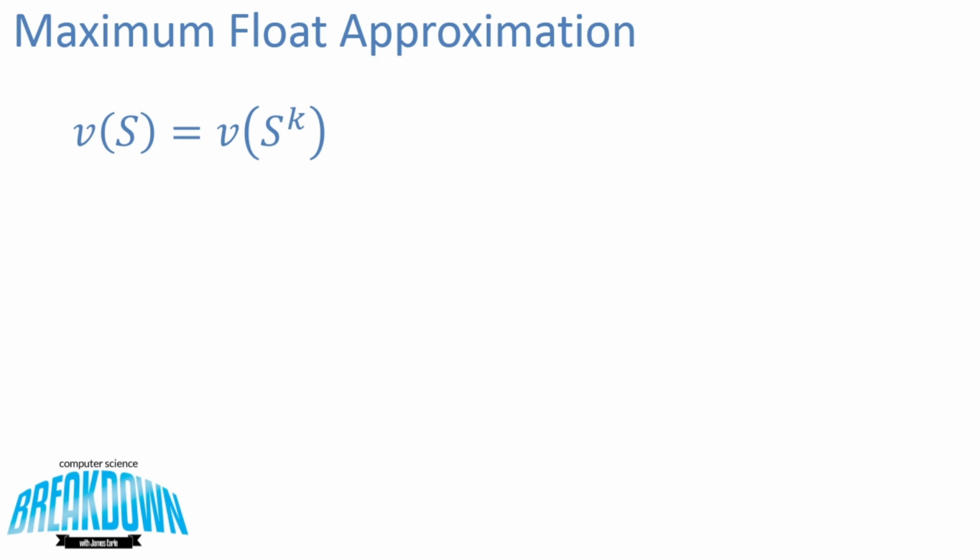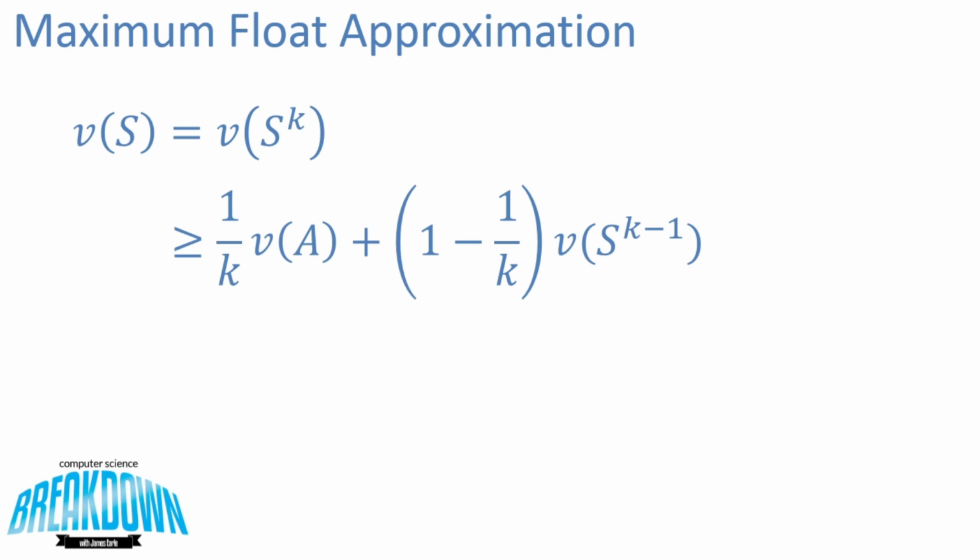So we can start here and say that V of S is equal to V of S to the power of k. This is a trivial definition based off of what we mentioned prior. Now we can apply the inequality we just defined, and we'll say that V of S of k is greater than or equal to 1 over k V of A plus 1 minus 1 over k V of S at k minus 1. So remember what this means is 1 over k of the value of an optimal solution plus 1 minus that portion of the solution prior, so the solution in the previous iteration,